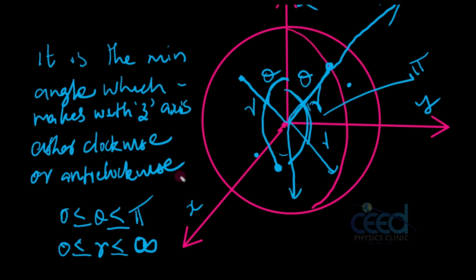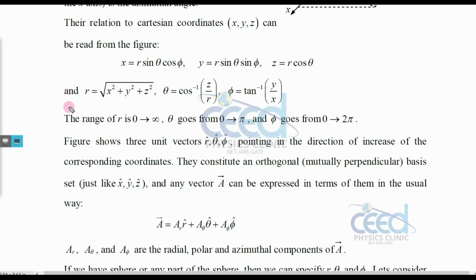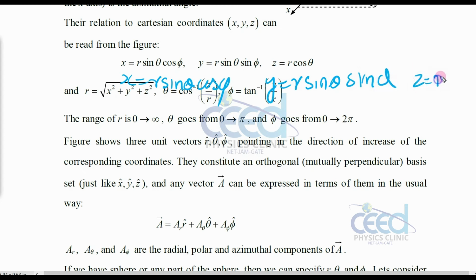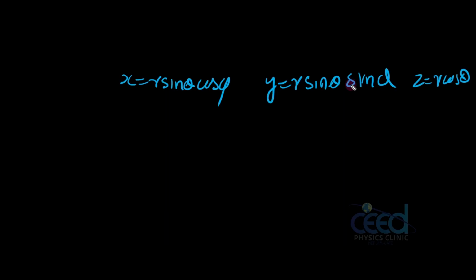And we have already discussed the direction also. Now let us go to the relation connecting r, theta and phi. We can do that from this, right? See, x is equal to r sin theta cos phi, y is equal to r sin theta sin phi, and z is equal to r cos theta. Now let us go to the blackboard. See, if you square, what is x square plus y square plus z square?